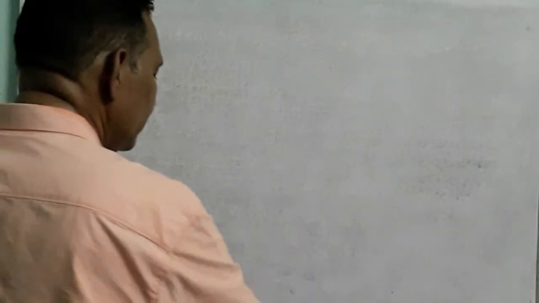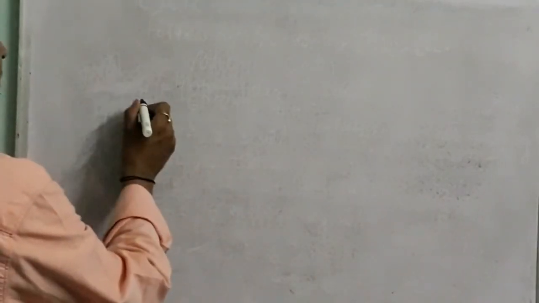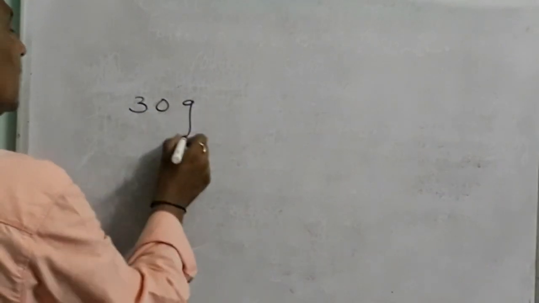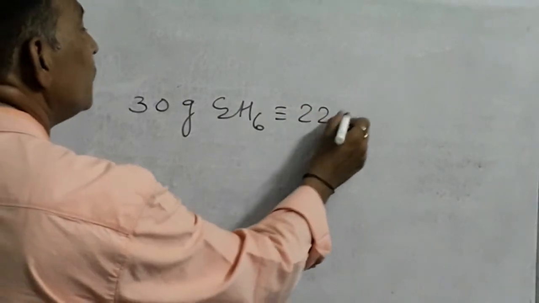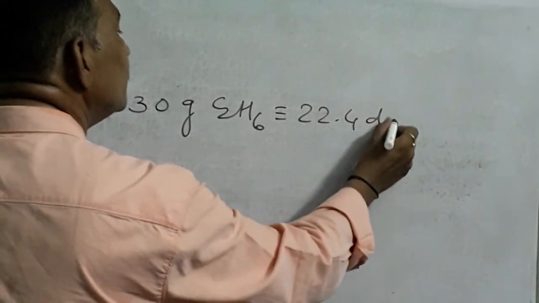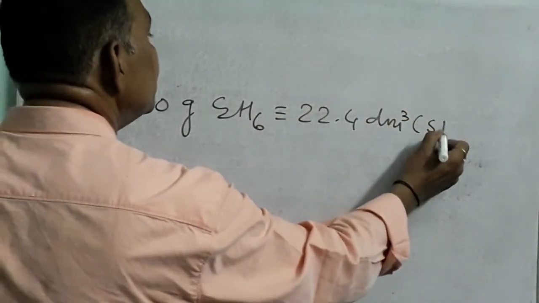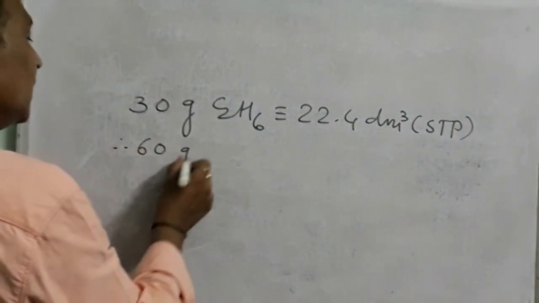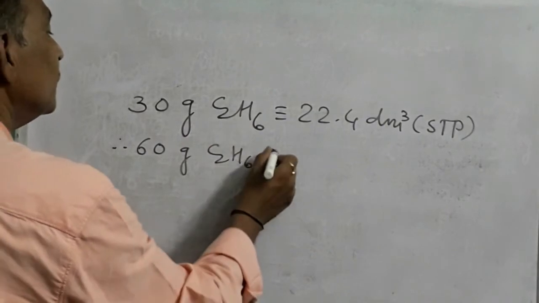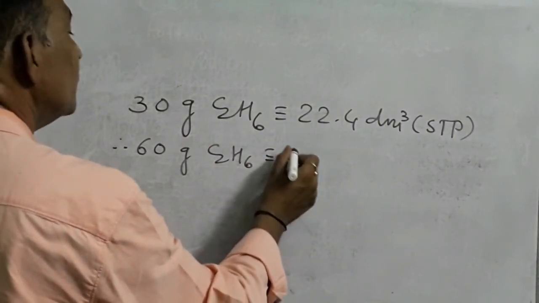Now if you remember, 1 mole of any gas always occupies 22.4 dm cube at STP. 1 mole of ethane means 30 gram ethane will occupy 22.4 dm cube at STP, and therefore he has given you 60 gram of ethane, equal to how much